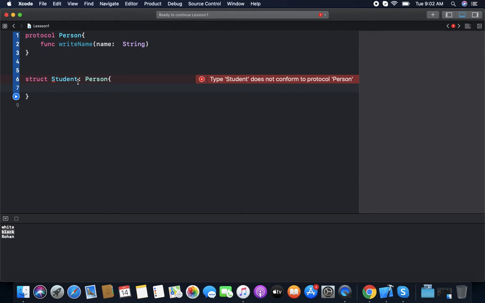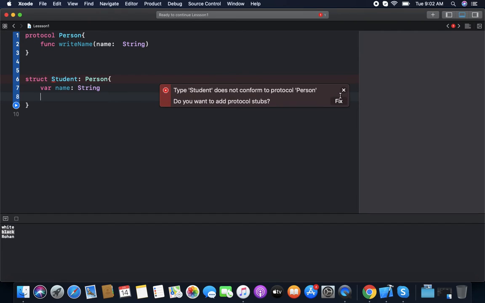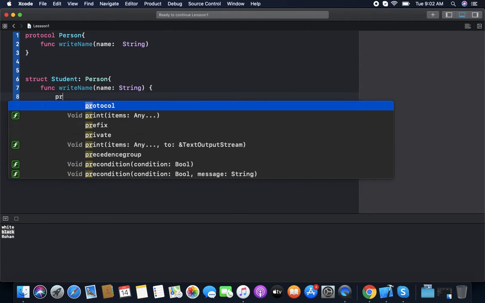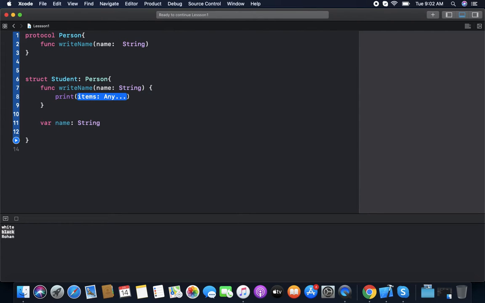So Student has a variable name. Now we need to implement this function, so we can use this. Person needs to write a name, so we'll just print name.